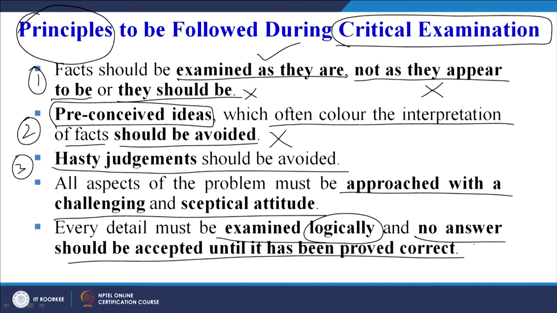So if we are getting the answers to our questions that we are asking in the questioning technique, we must not accept the answers as they are. They must be logically proven that the answers are correct. If logically it can't be proved, then we must not accept the answers, and we must put that answer in the doubtful category, and try to work on that particular answer to develop a better method, to challenge that answer by the way we have put the question, and try to list it as one of the scopes for improvement, because we are not convinced logically by the answer given to that particular question.